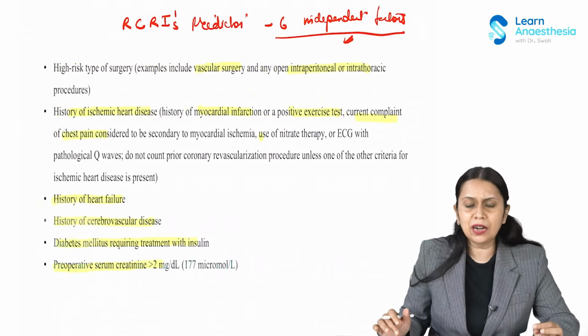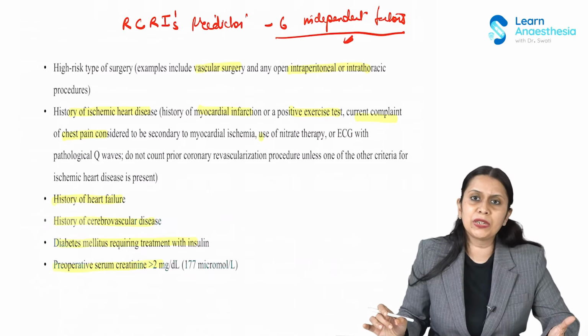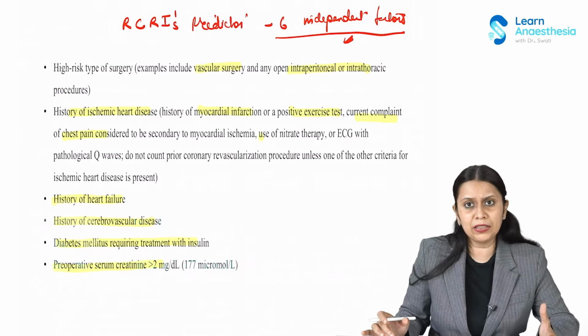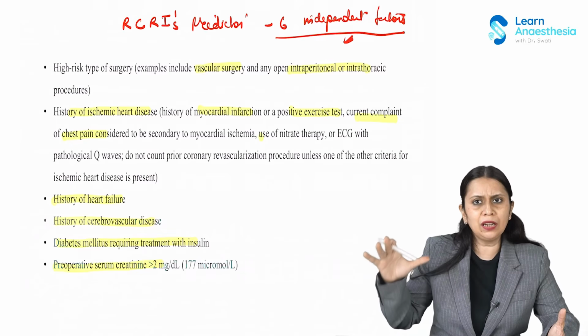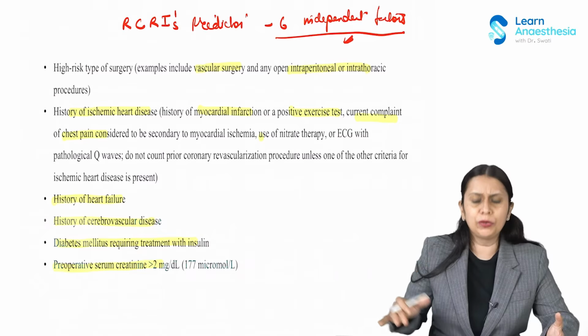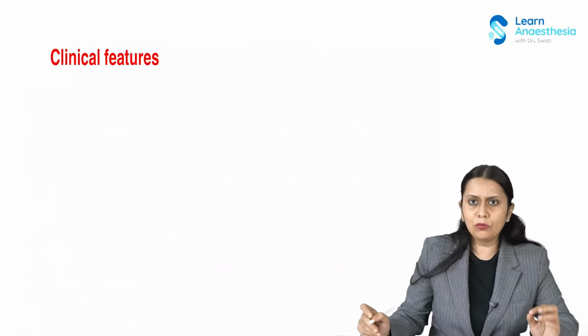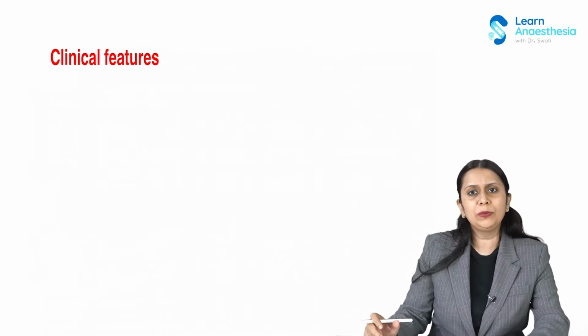So this is revised cardiac risk indices. Let's say a risk indices predictor used for predicting the risk of cardiac event in patient coming for non-cardiac surgery. Okay, so we can use these indices to estimate the risk of a cardiac event and take proper precaution to prevent it. Okay, then if a patient undergoes a perioperative myocardial ischemia or infarction, what would be the clinical features?